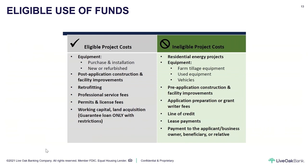So I'll talk here about the eligible use of funds under REAP. It can be for purchase and installation of equipment, and the equipment can be new or refurbished. It can be for construction and facility improvements after you have put in your application. So you can't submit an application for something that has already been constructed or started to be constructed and ask for that grant. The grant has to be applied for before you start any construction or facility improvements. Retrofitting of equipment is also an eligible project cost, as are professional service fees, permits and license fees,